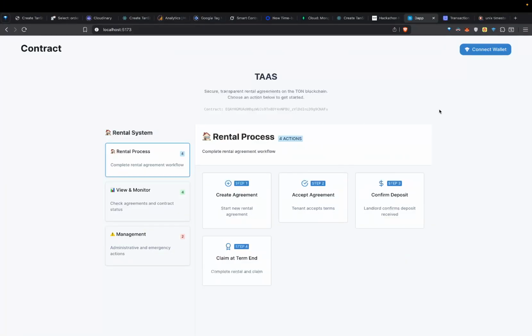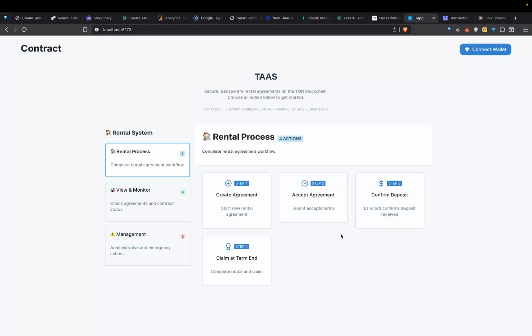So this is the platform Taas here, and there are multiple things mentioned here, such as create agreement, accept agreement, confirm deposit, claim and terminate. This agreement will be created by the landlord, which will then get accepted by the tenant, and then the amount deposited by the tenant gets confirmed by the landlord.